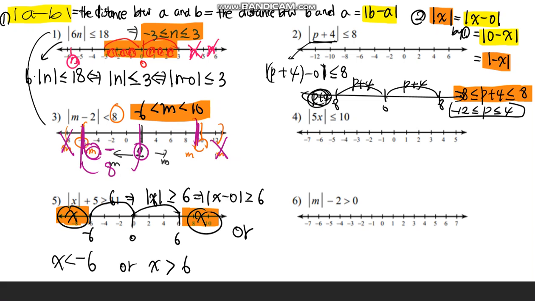Okay. And then number 4, absolute value of 5x is less than or equal to 10. Again, like I said, you can do number 1 here. Okay. So now let's say if it was given as -5x, then you cannot pull -5x out like this. Okay, this is wrong. But like I said, by number two, absolute value of x is exactly the same as the absolute value of -x. Therefore, what